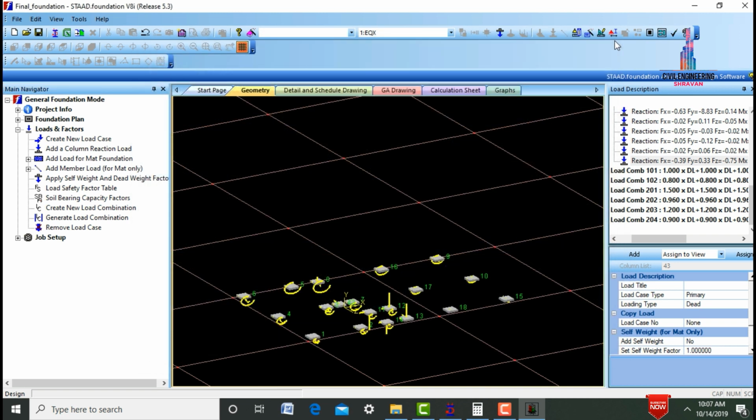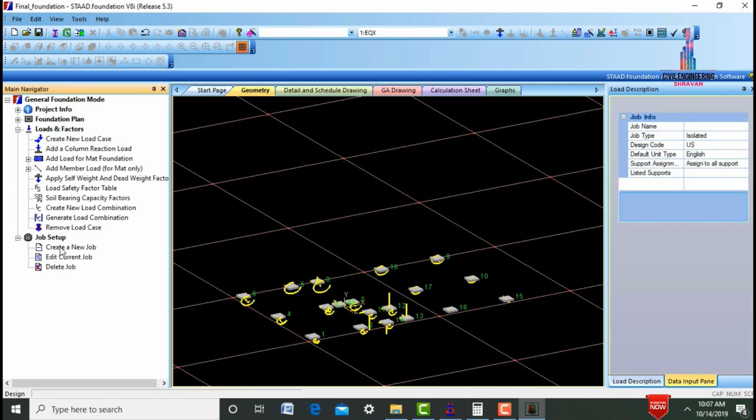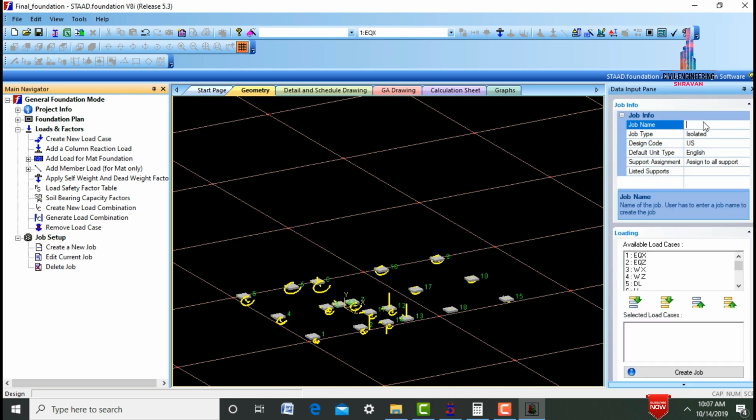After that select your job setup option, select create job option here. I'm selecting create job. I'm selecting the job name as isolated footing. Here I'm selecting Indian standard system, which is SI system values. Assigned to all supports here. After that we need to select the combinations.